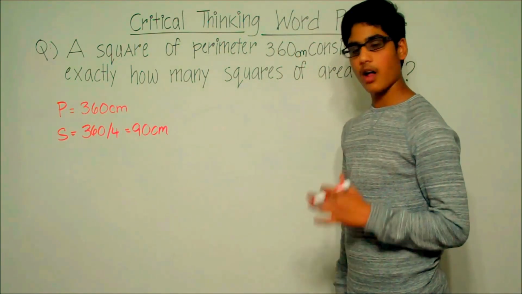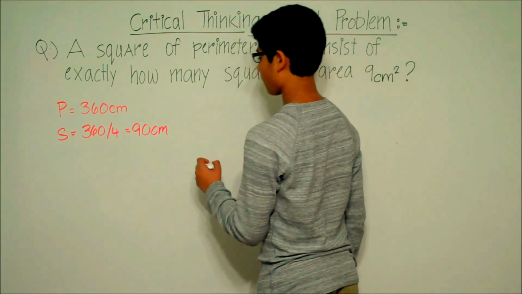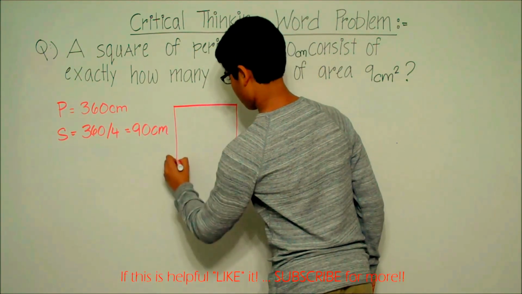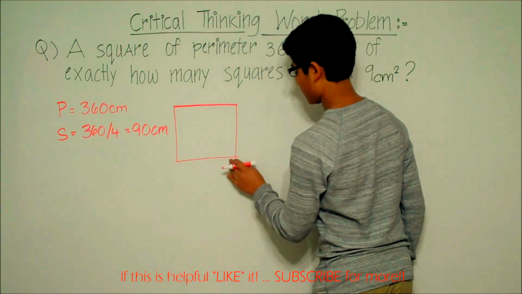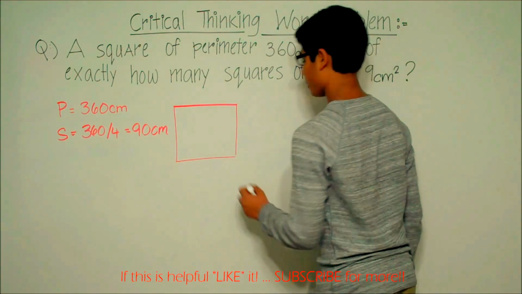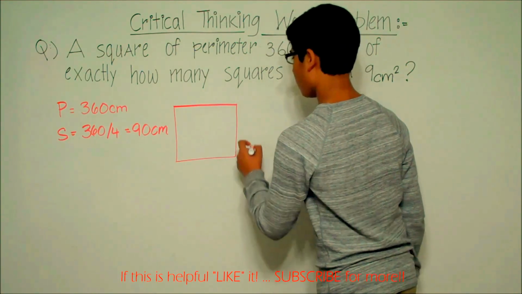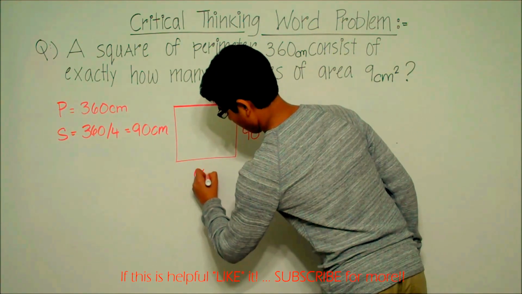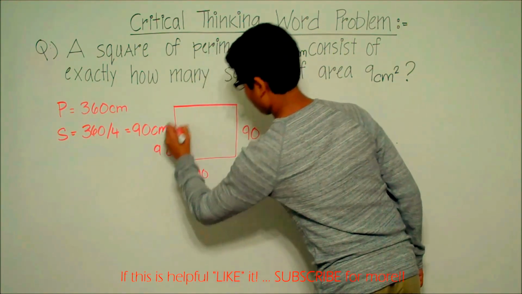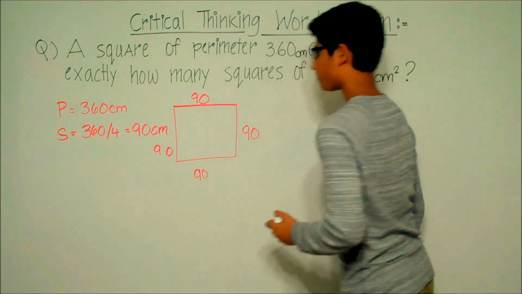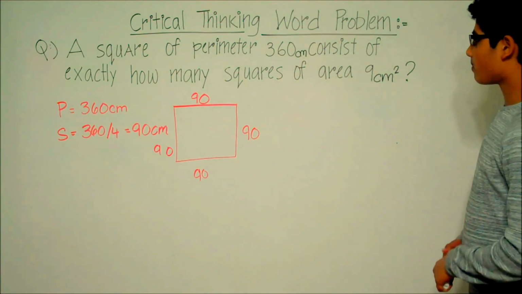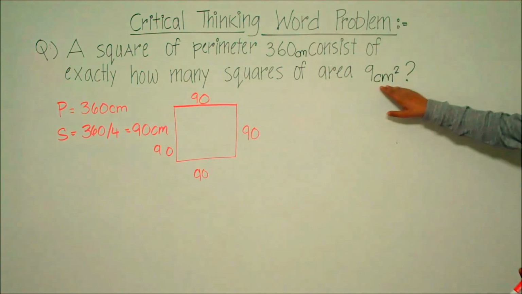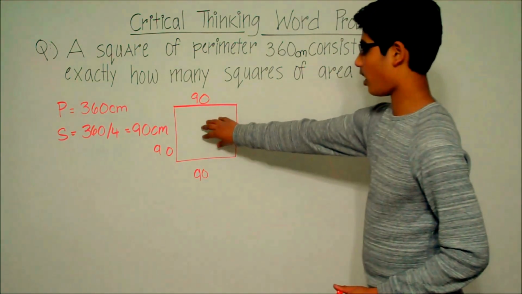So now let's draw a small model, or small diagram, of our square. So this is a small diagram of our square. So all the sides are 90 centimeters. Now, we need to find out exactly how many squares of area 9 centimeters squared can fit in this large